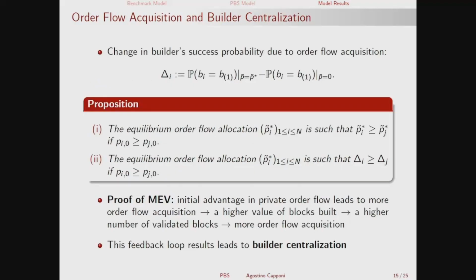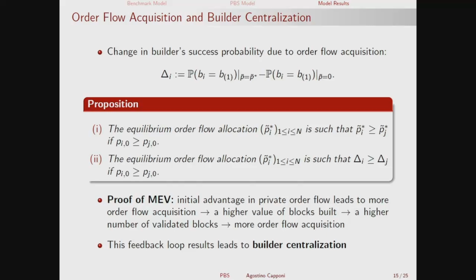others. Now, in terms of the market when we have builders instead, what we can show is the following: if there is an initial advantage in private order flow acquisition by a builder, so for example, PI0 is larger than PJ0, so builder I has a larger skill, is better able to extract order flow than builder J initially, then it will basically always have a larger probability of being allocated order flow by the order flow provider. So these order flow providers will be allocating order flow to the builders which have a larger